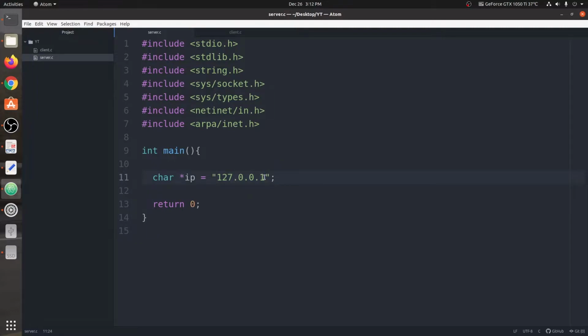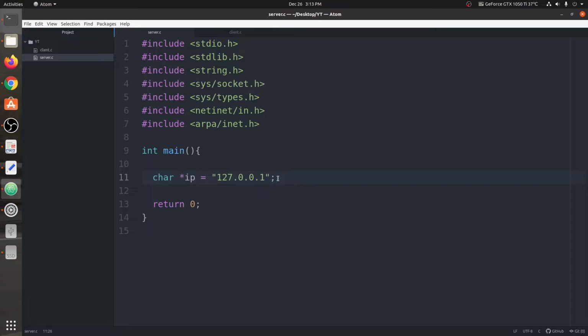If you want both programs to be on different systems, then first of all both systems should be connected in a LAN so they can communicate with each other, and you should know the IP address of the server. In the server you can specify the IP address of the server, and the other program can be on a different machine. Maybe I can make another video for that, where the client and server are on different machines and how they can communicate. But for now, let's assume that we are working on the same machine and build the program from that perspective. Okay, so we have the IP address.